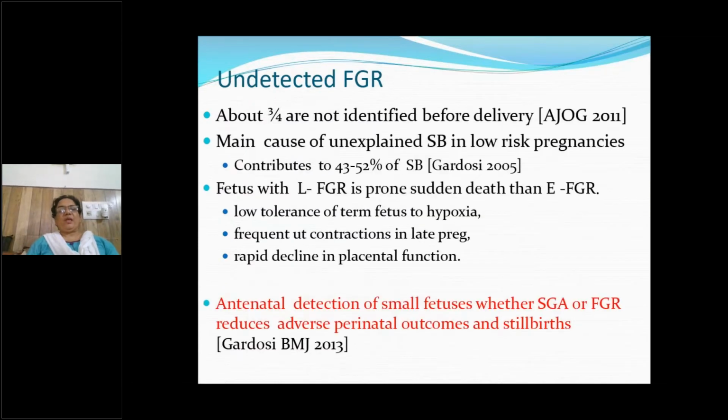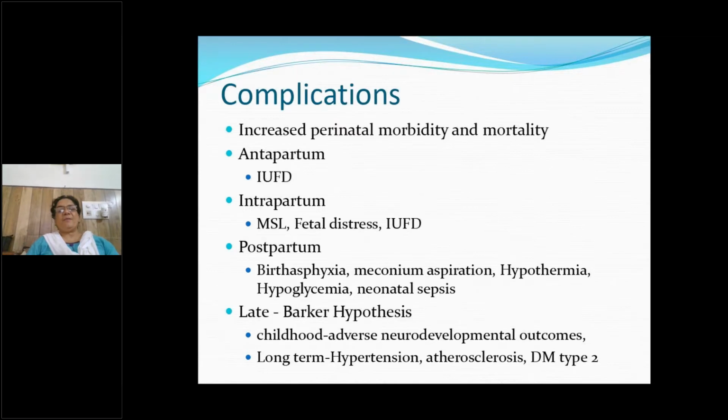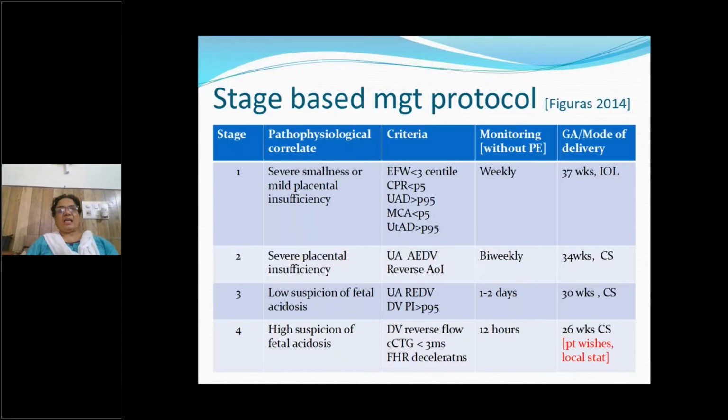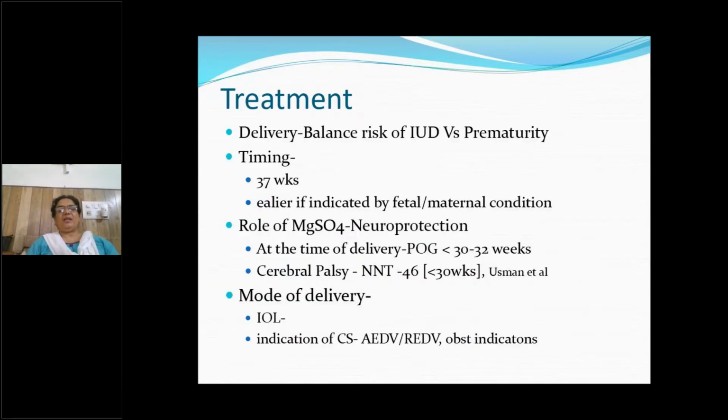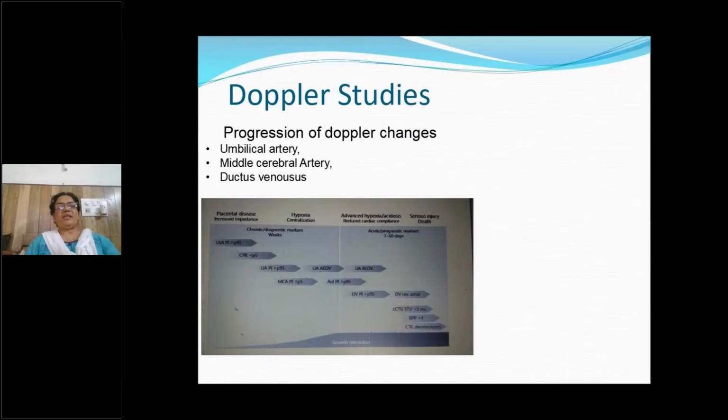See, one thing I would like to tell you is that at your level, you should only remember that it's the Doppler changes which decide the timing of delivery. You don't really need to go into very much detail of Doppler changes. It will not be asked, but for understanding the pathophysiology of fetal growth restriction, you need to remember that the fetus gets its full circulation from the mother. So any changes in the maternal pathophysiology are detected by the uterine artery Doppler. That is the main source of blood flow to the placenta.